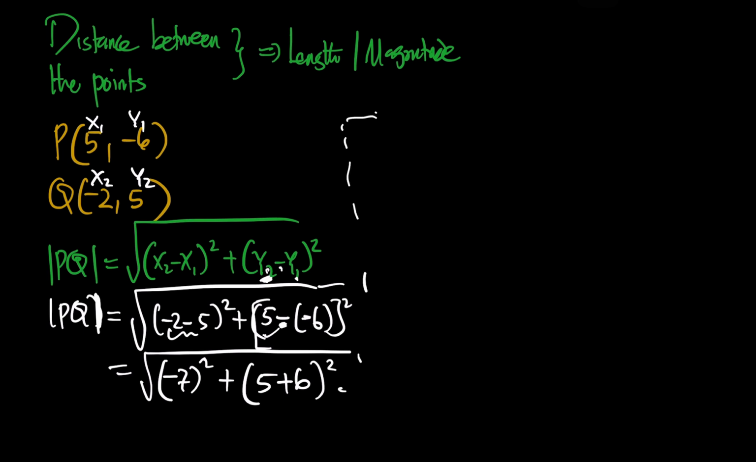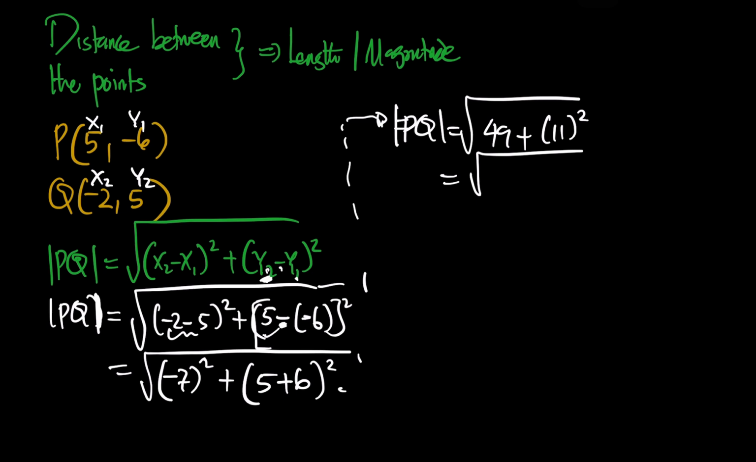When we come here and want to continue, the magnitude of PQ is going to be equal to the square root of 49. Negative 7 squared is 49, plus 5 plus 6, which is 11, is going to give us 11 squared, which is the square root of 49 plus 121, because 11 squared is 121. Now that's going to give us the square root of 21 plus 49 is 70, plus 100. So that gives us the square root of 170